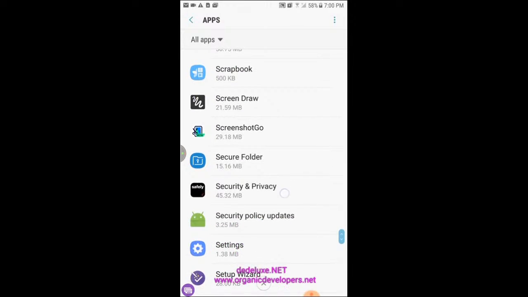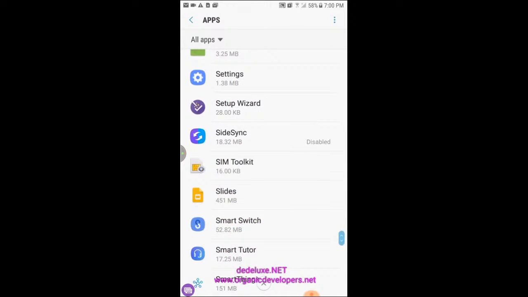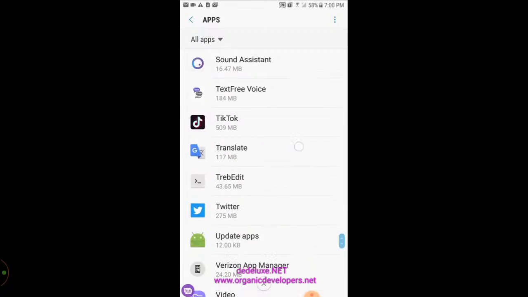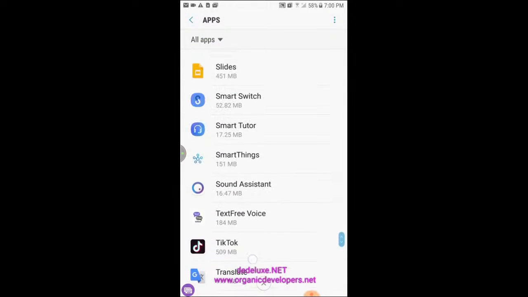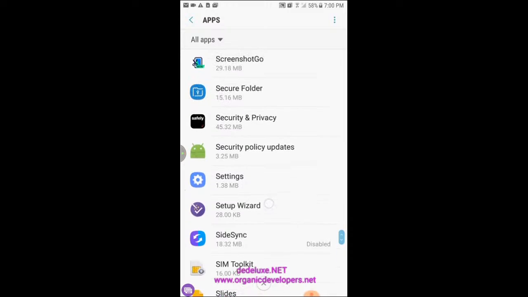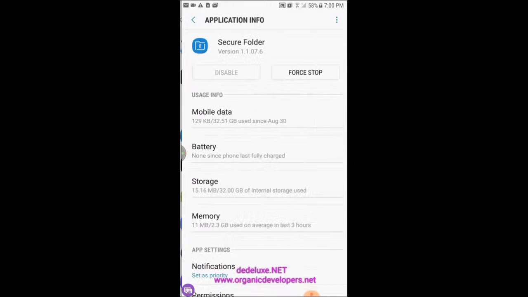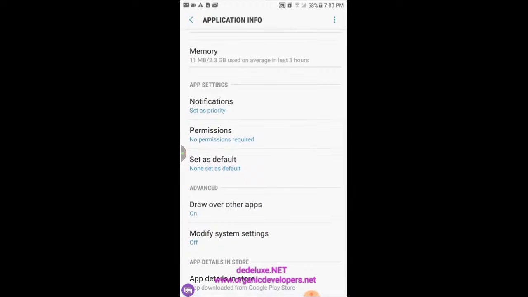So you don't get that error of it switching off on you, because this is how sneaky it was, make sure that the setting at the very bottom that says Modify System Settings is off,